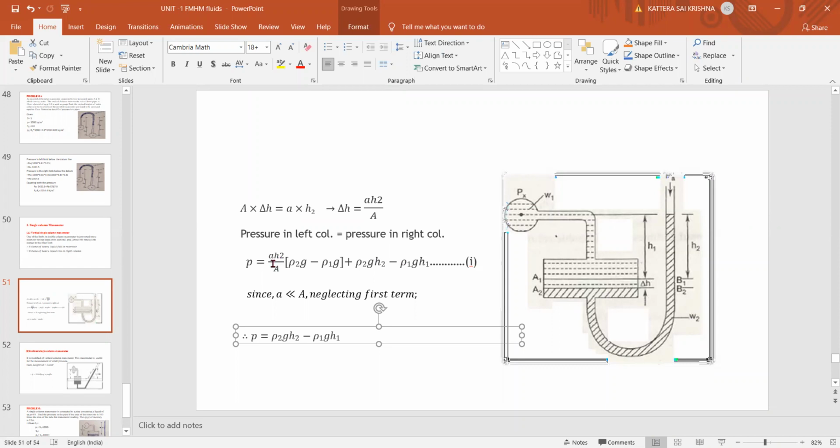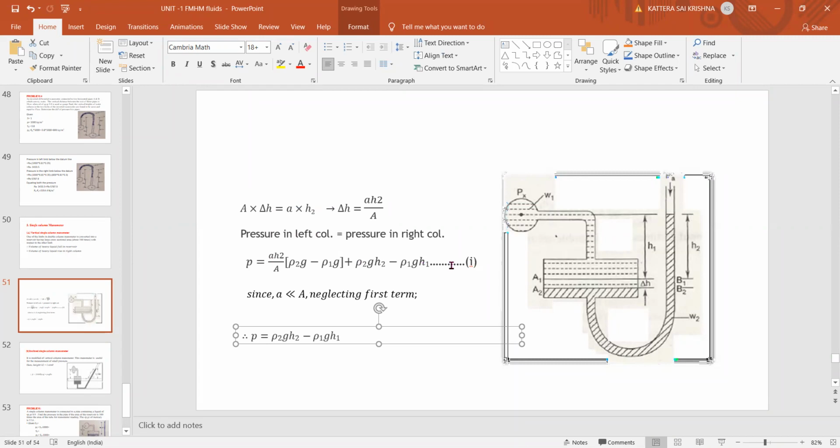So how you got this: delta H equals A H2 by capital A. From this, as the change in the area and the H values, if you equate both, you get the delta H value, A H2 by A. Fall of heavy liquid will cause rise in the right limb. So cross-sectional area into height is equal to cross-sectional area into height for the reservoir and for the tube. That both can be equated to get the delta H value.